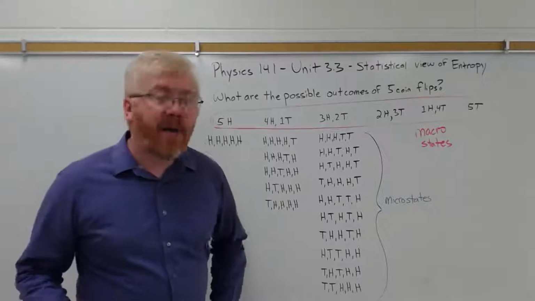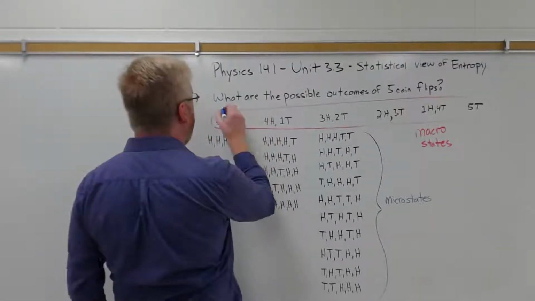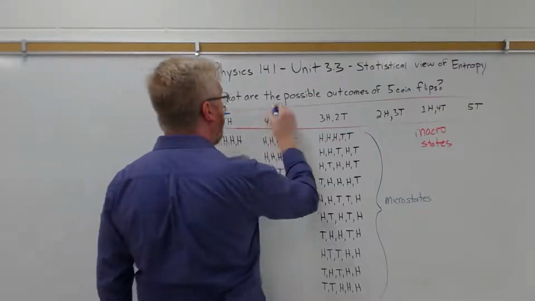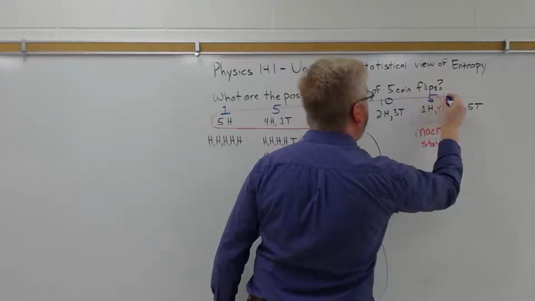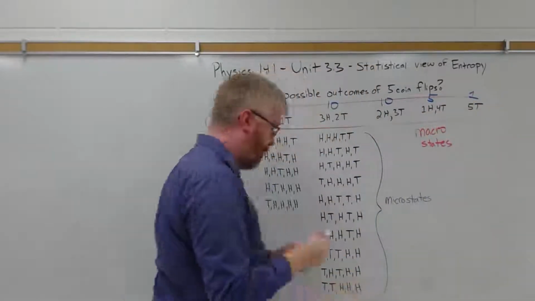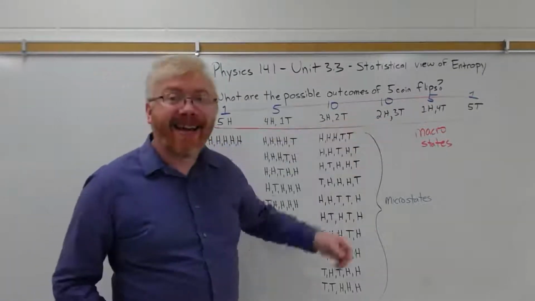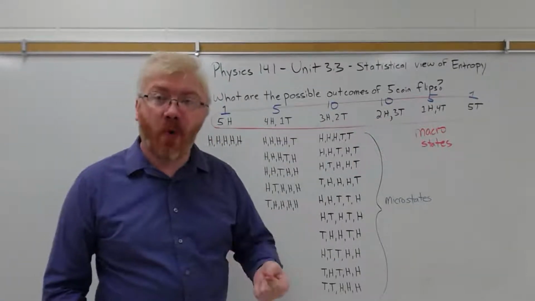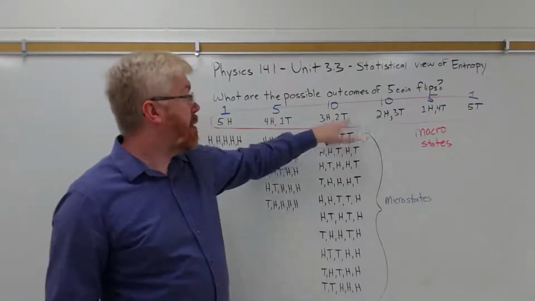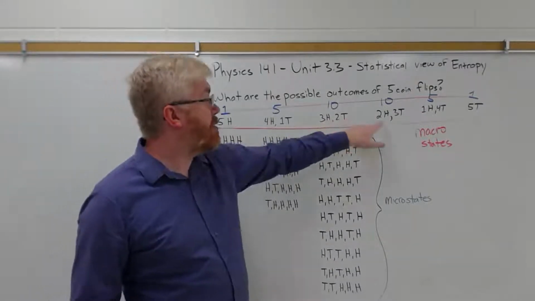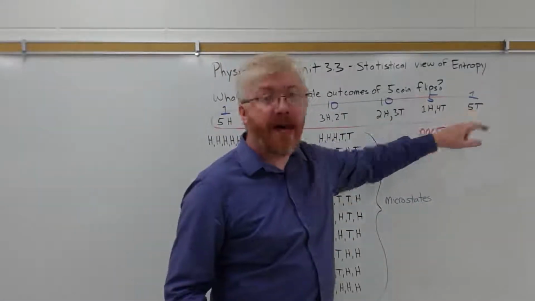So, looking at all the possible states, right? There's one microstate for that macro state. Here there are 5. Here there are 10. Here there are 10. Here there are 5. There's 1. So you are far more likely when you flip 5 coins to get some combination of heads and tails, 3 heads, 2 tails, or 2 heads and 3 tails, than you are to get all heads or all tails,